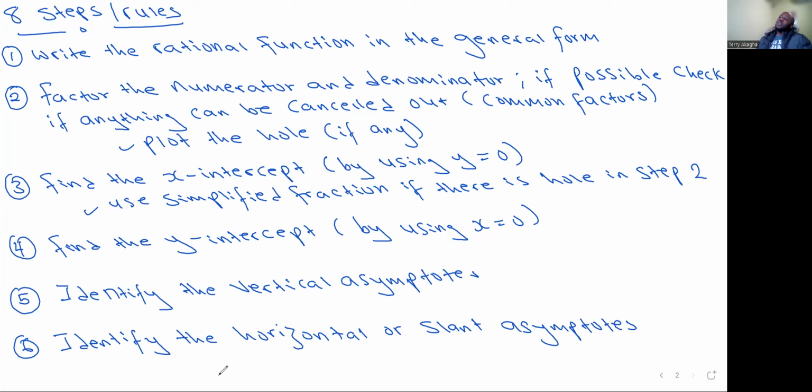All right, so the first thing you do, you find the vertical asymptote. The second thing you do, you find the horizontal or slant asymptote. All right, so that's step 6. Now, when you've written it in general form, you've found the common factors to see if there's a hole, and you take note of the hole, you find the x-intercept, you find the y-intercept, you find the vertical asymptote and the horizontal asymptote. Now, step 7,